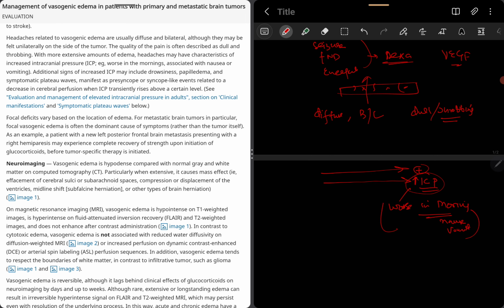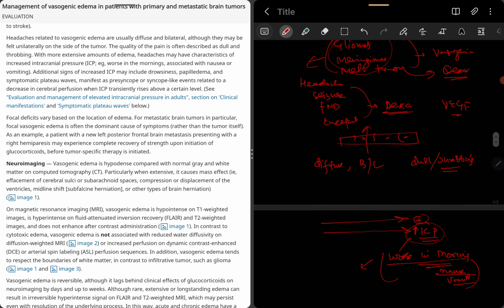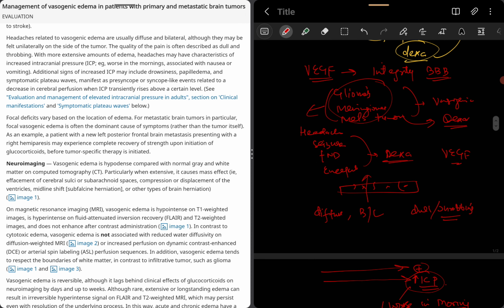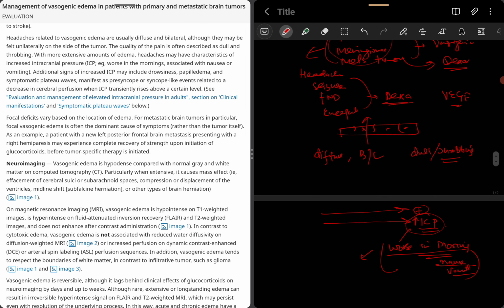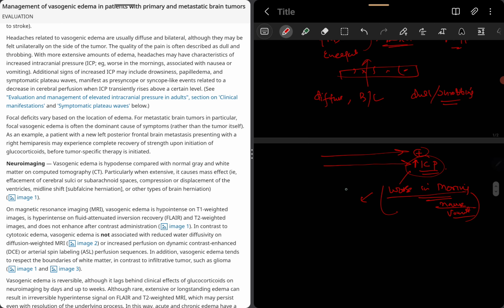So in this case, if patient's headache is of subacute variant temporally, and now it has increased to such a degree that it becomes worse in morning and associated with nausea or vomiting, then you have to suspect, provided this case is diagnosed early, that means you already know that it is a case of glioma, meningioma, or metastatic tumor, and you have ruled out any new onset bleed or ischemic stroke, then only you can suspect that the vasogenic edema has gone up, and you have to jack up the dose